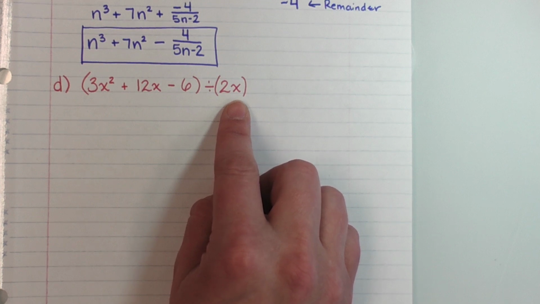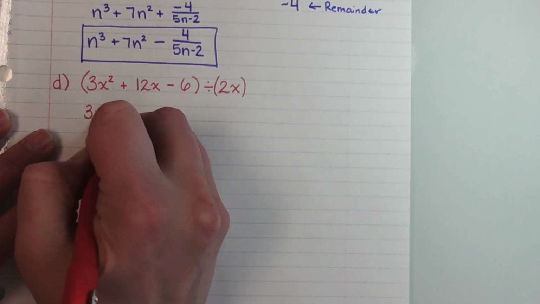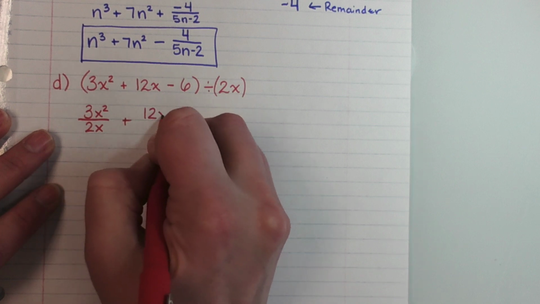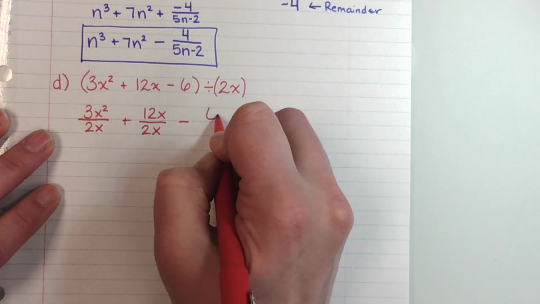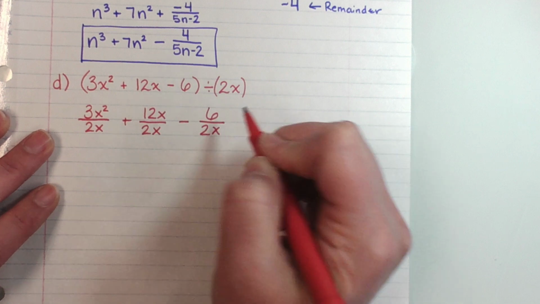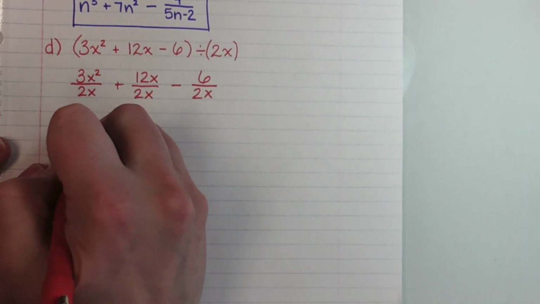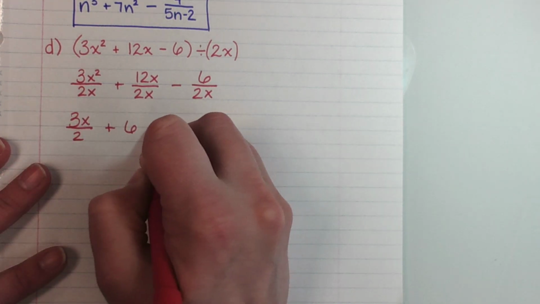How do we divide by monomials? We did it a couple days ago. Change them all into fractions. 3x squared is getting divided by 2x. 12x is getting divided by 2x. Minus 6 is getting divided by 2x. And you simplify the fractions. 3x over 2 plus 6